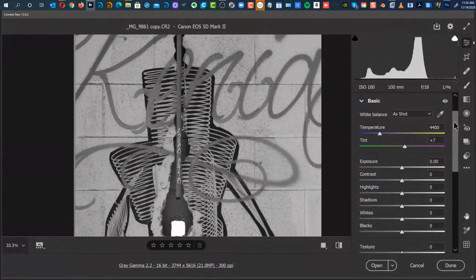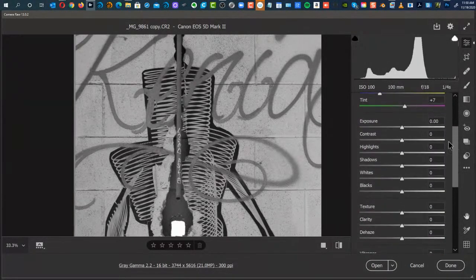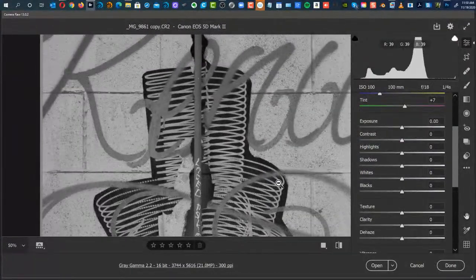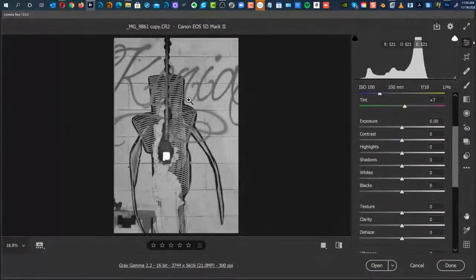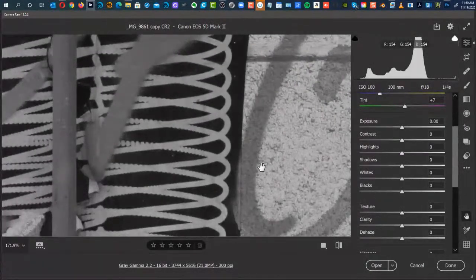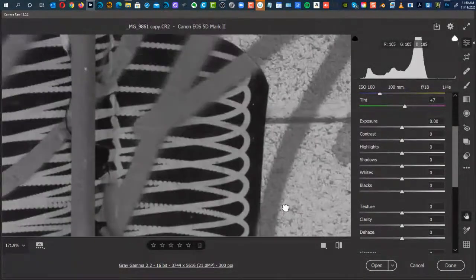All right. So we're looking at this image. I'm going to zoom in a little closer, and immediately you can see that this is pretty flat. We look at our values here. We've got kind of a dark gray for this outline of our subject. And then we have almost a medium gray right next to it, a lighter gray right next to it. There aren't any real